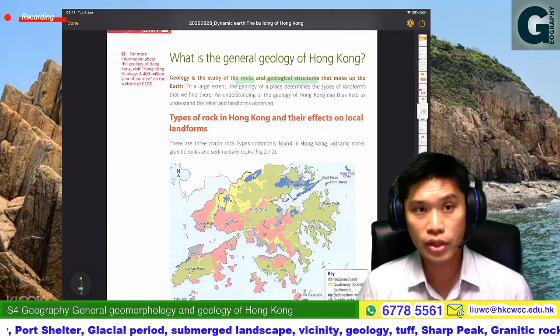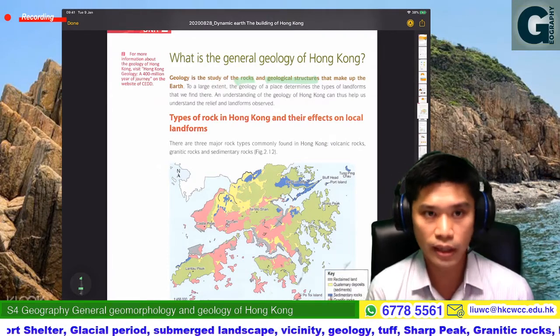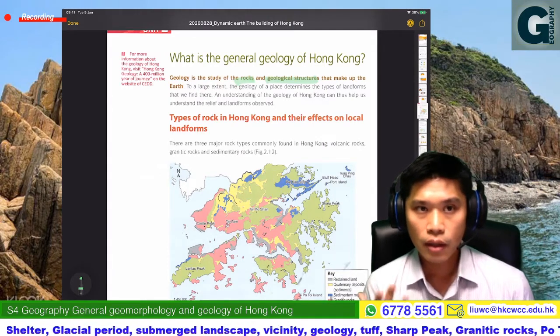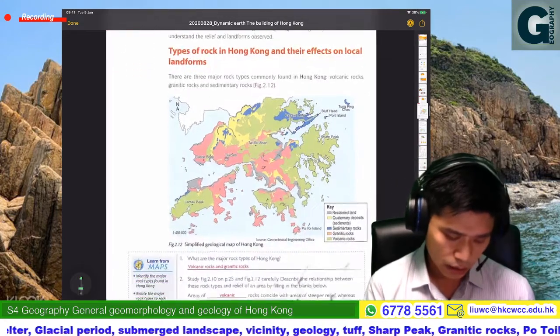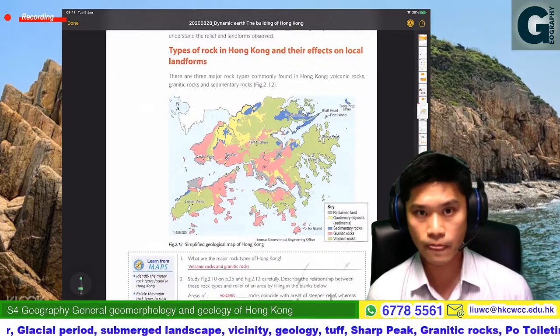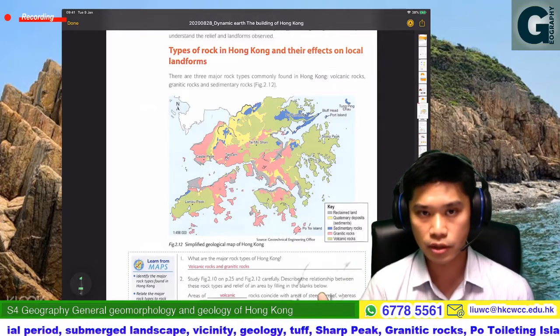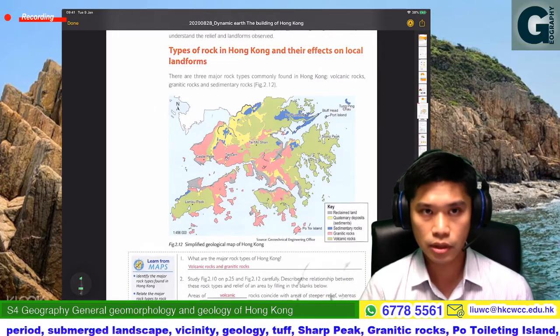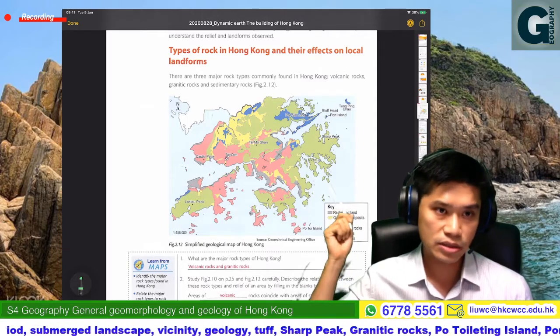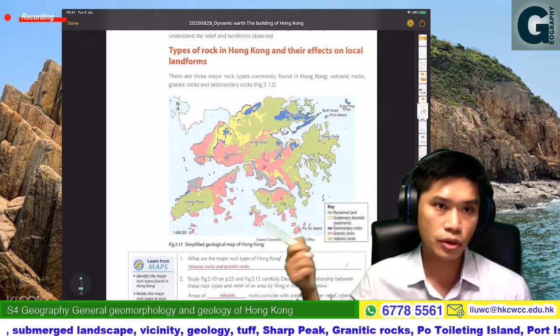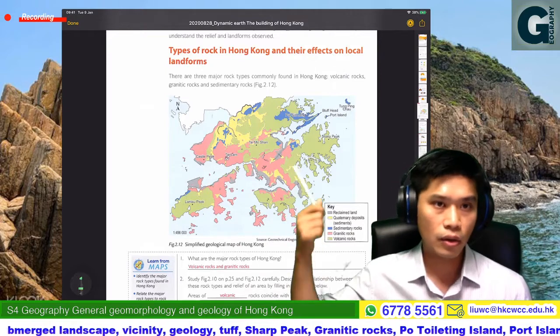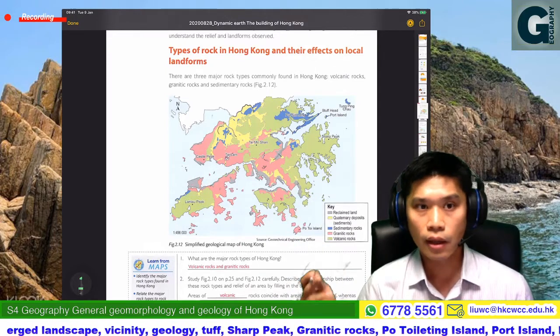So therefore, we need to know what type of rocks could be found in Hong Kong. Geology 地質學講石頭為主嘅，係啦，講佢個石頭嗰個嘅composition，講啲 minerals，okay. So therefore, if you look at this, the geological map of Hong Kong，呢個係香港嗰個地質圖啦。